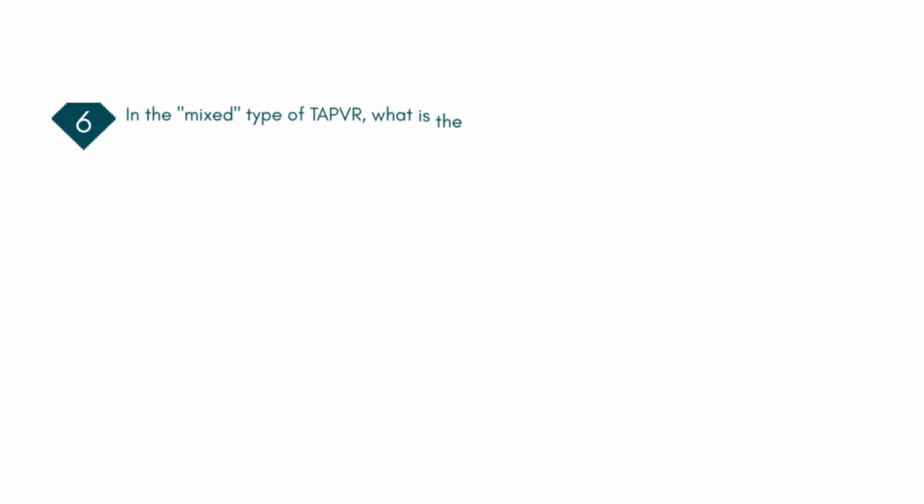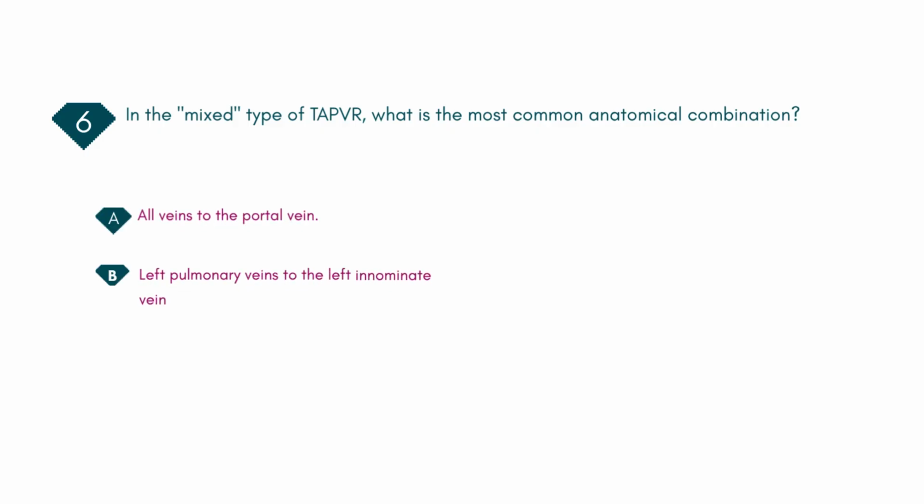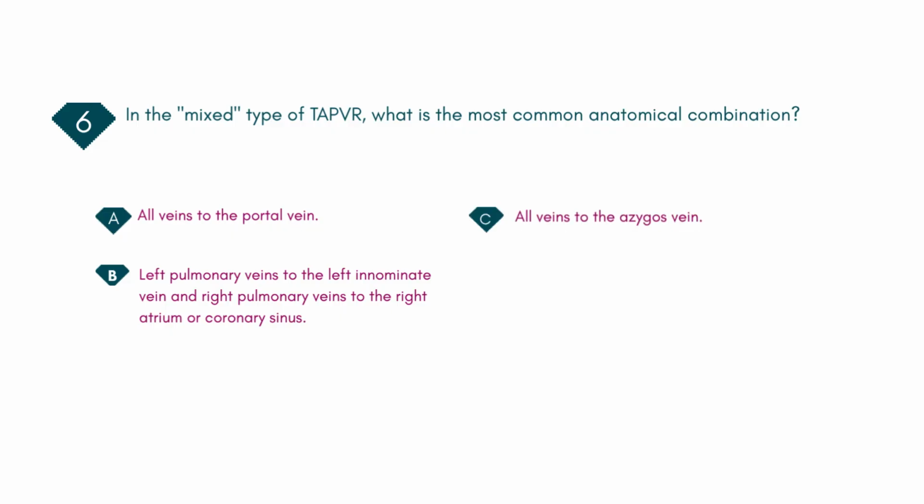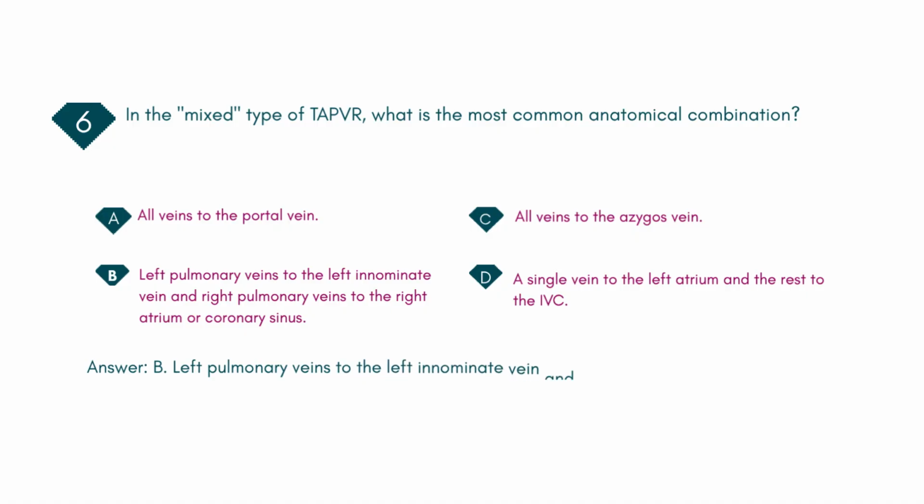In the mixed type of TAPVR, what is the most common anatomical combination? A. All veins to the portal vein. B. Left pulmonary veins to the left innominate vein and right pulmonary veins to the right atrium or coronary sinus. C. All veins to the azygous vein. D. A single vein to the left atrium and the rest to the IVC. Answer: B. Left pulmonary veins to the left innominate vein and right pulmonary veins to the right atrium or coronary